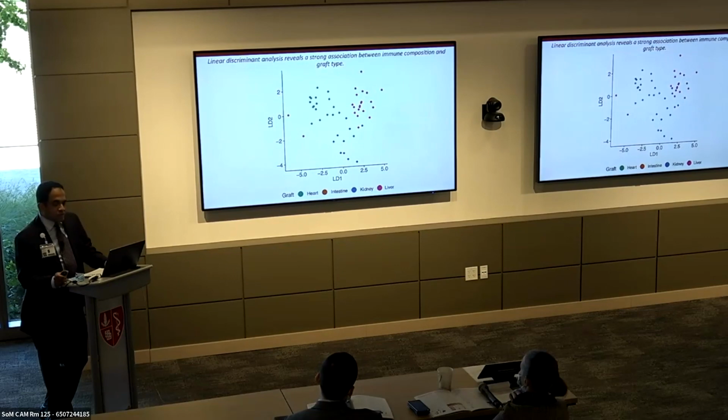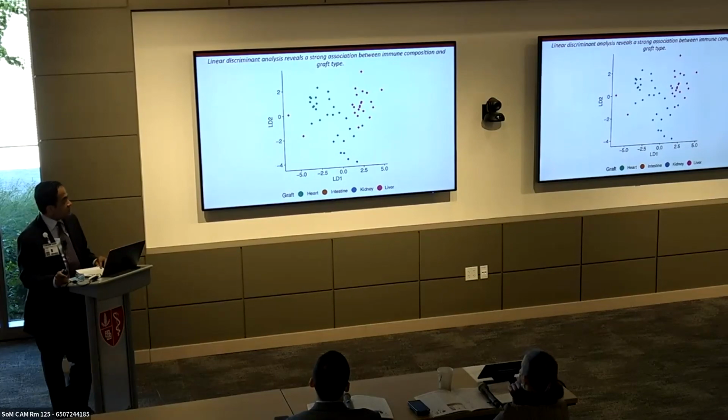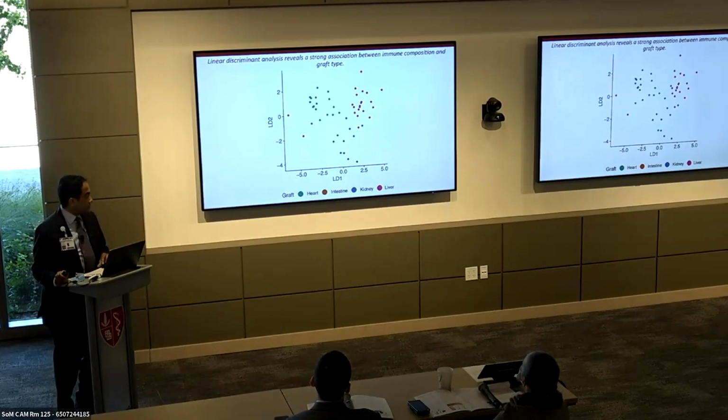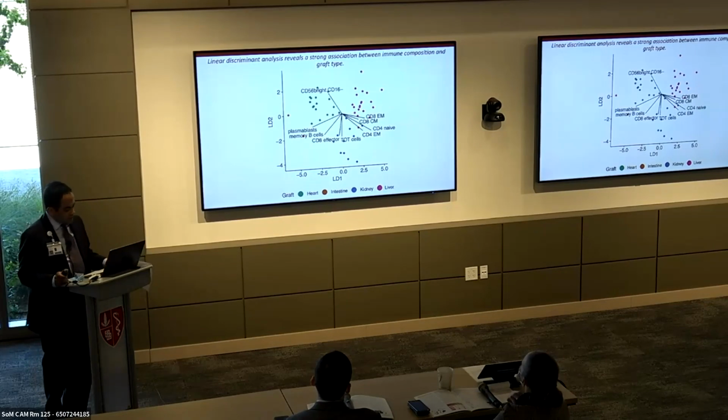We used linear discriminant analysis, or LDA, to understand the relationship between the different profiles of patients that we saw. LDA assigns a set of coordinates to each sample based on its similarity to other samples. Profiles that are more similar to each other are closer on this two-dimensional plot. Each dot represents the profile of a single blood sample from an individual, and they're color-coded by the allograft that was received down below. So the thing that we were surprised by was the